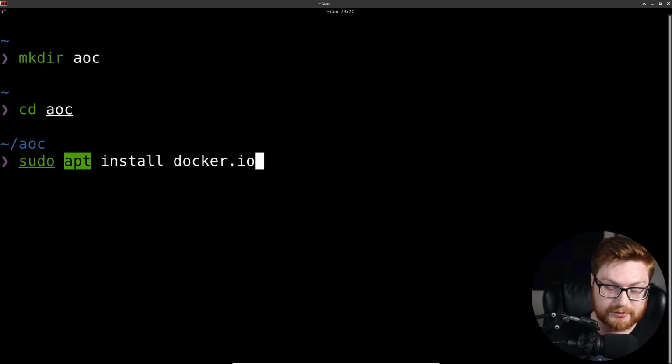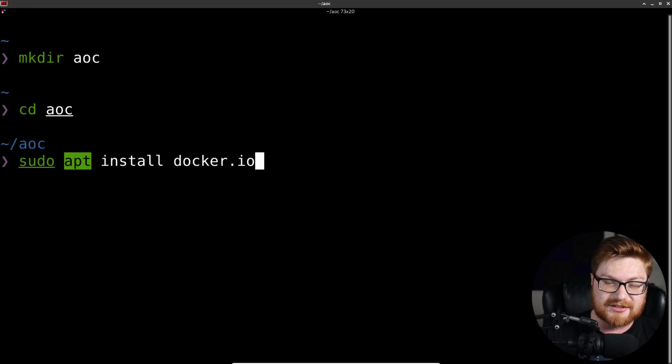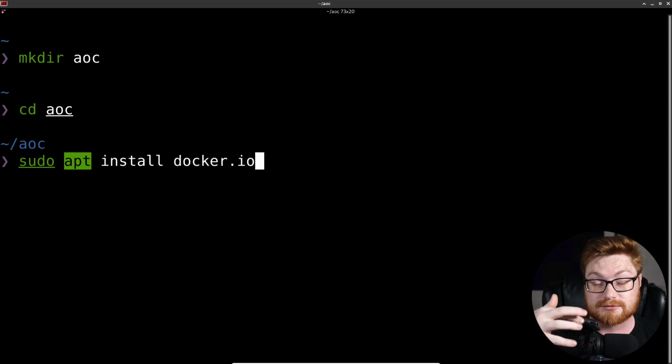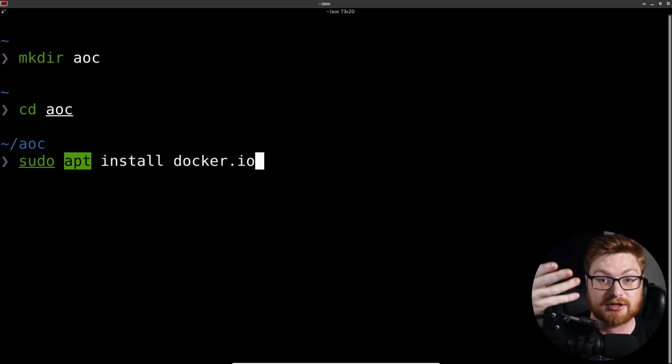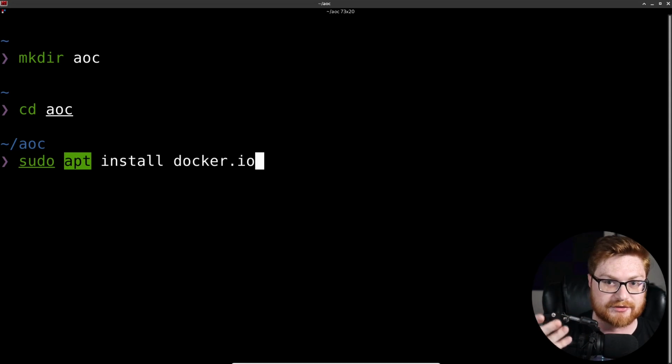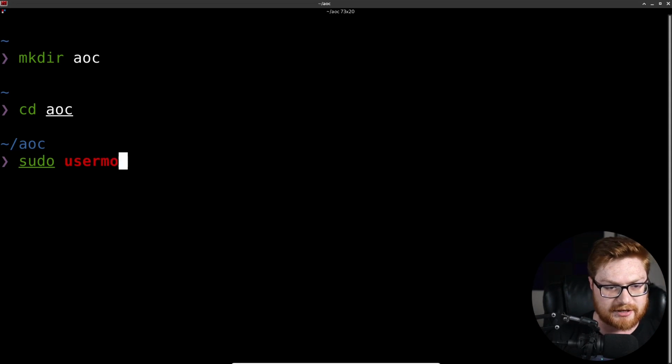If you do this, you will need to add your user to the Docker group so that you can naturally work with the containers. Some folks say, hey, this is a privilege escalation vector, to which it is a valid point. You should be using it on a host that you are trusting and comfortable with, or a user that you know could escalate to root, considering the fact that they have availability within Docker. So this is the command that you really all need to do, and then it would be like a sudo usermod -aG docker and then your username to add it into the group.